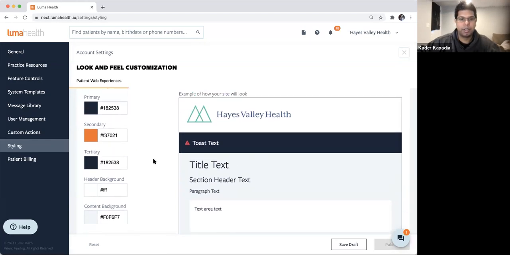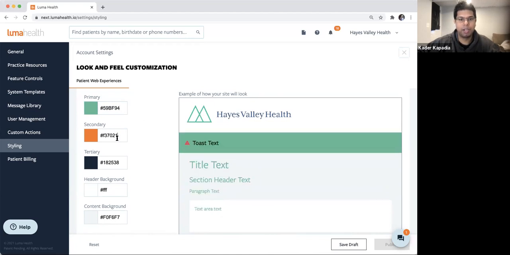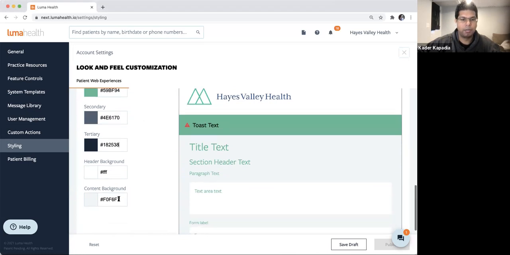With this color scheme, you can input the hexadecimal values for the HTML colors that your marketing team may have. So for example, for my primary color, I'm using this green. For my secondary color, I will use this color. It's a grayish color. And then for my content background, I will use